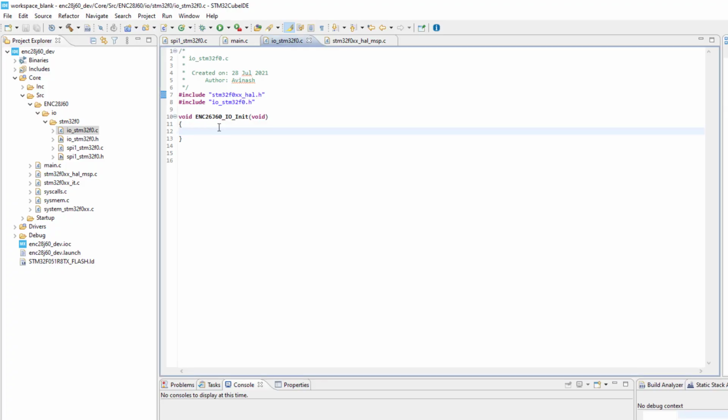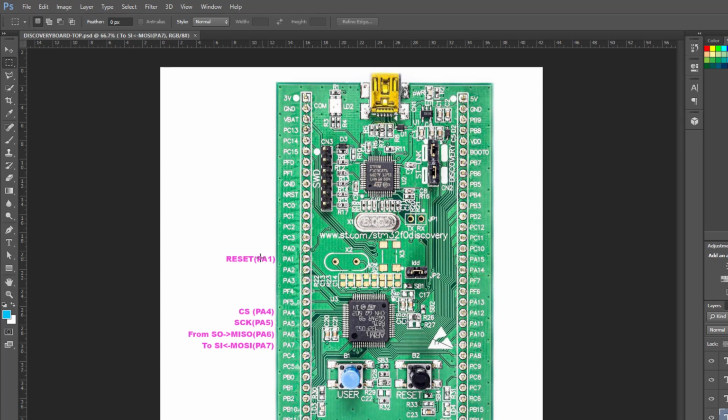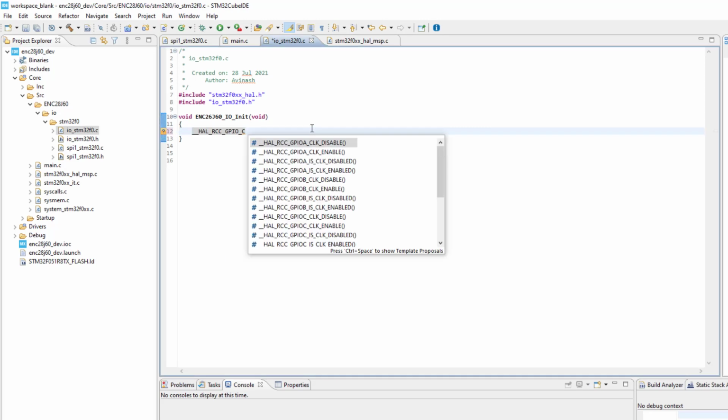So first thing that we need to do is to enable these two GPIOs. Actually they are part of the same port, that is port A GPIO, so we only have to enable this port A, using this function HAL RCC, that is reset and clock control, GPIOA clock enable.